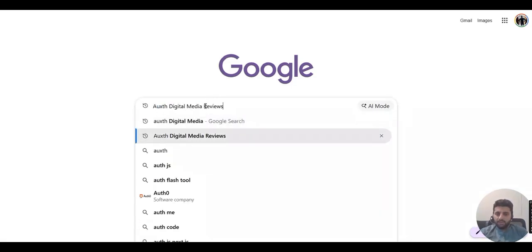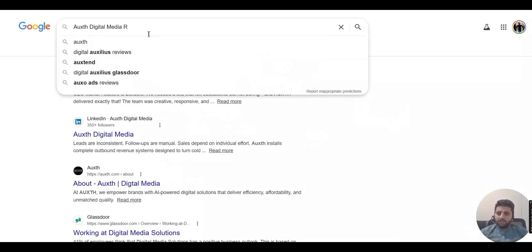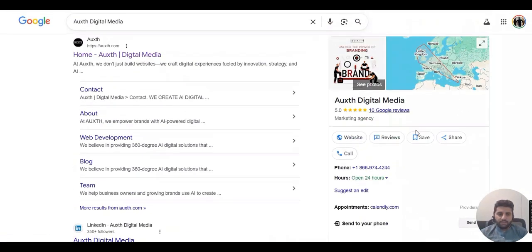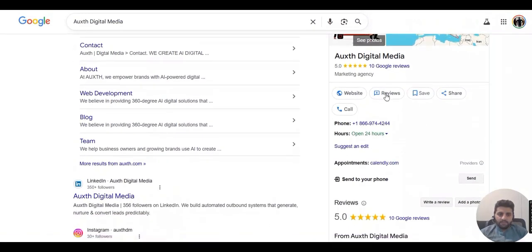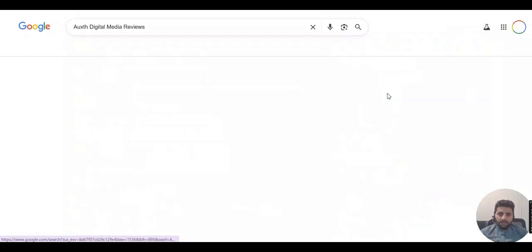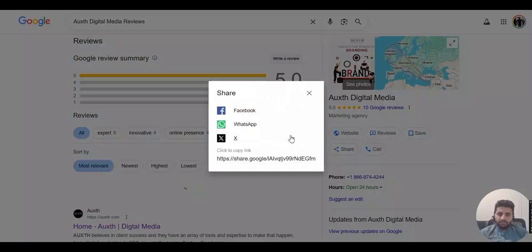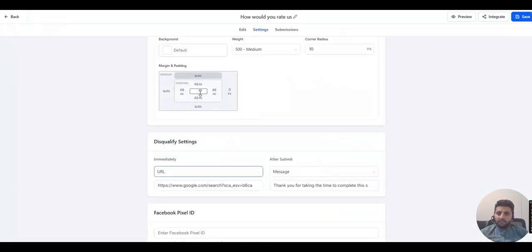I will simply get the Auxth Digital Media. I will simply open it right here, and then on the right side you can see reviews and write a review. Okay, here I will simply click on reviews. And here you can see the share button. I will simply click on the share button and copy the link, and after copying this link I will move back towards my